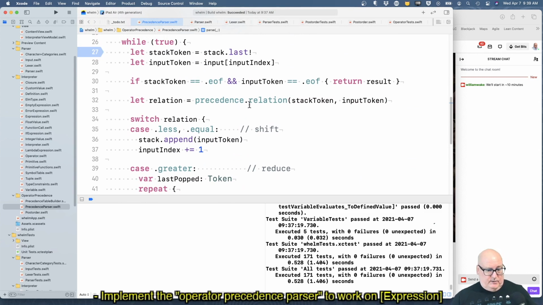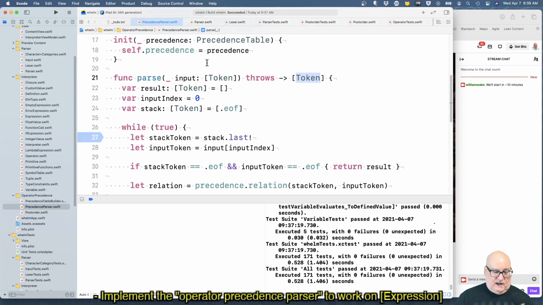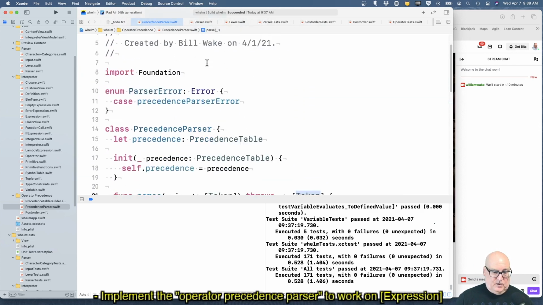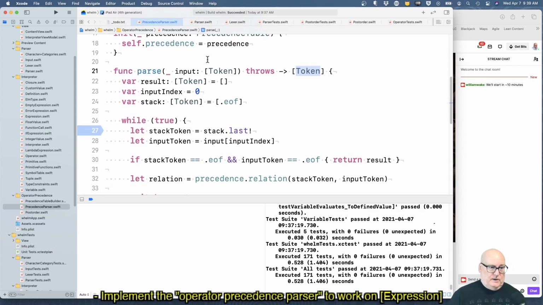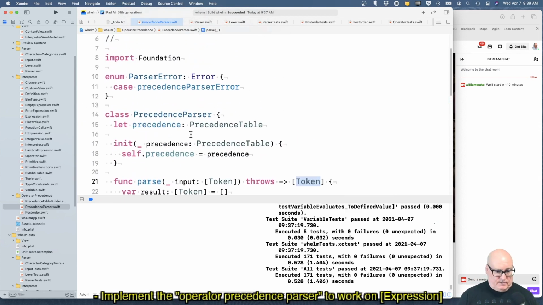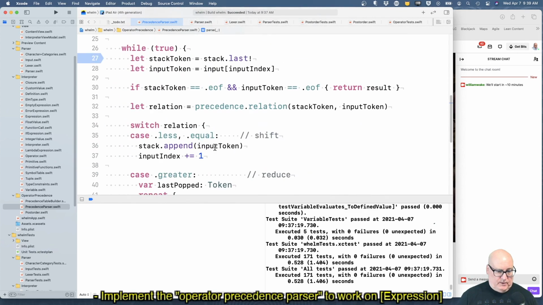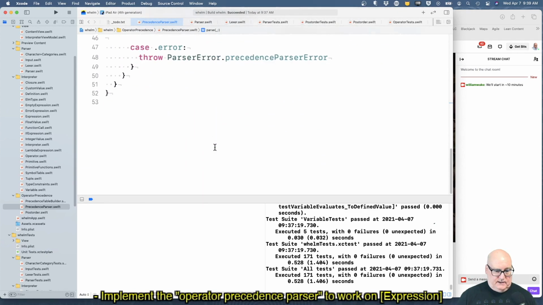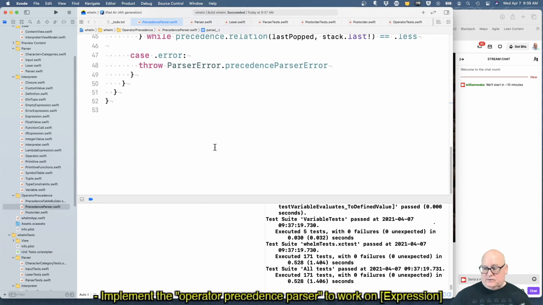We have to look at how we do relations. Now, the relationships we define are between operators and tokens. Well, we'll have to look at that mapping. Yeah, that's where the work is going to be. We'll change some types here, but we'll have to really deal with it on the other one. All right, we're due for a break, so let's take 2 minutes. We'll come back, get the operator precedence parser working with expressions, and then hopefully we just have to plug it in. See you in 2 minutes or so.